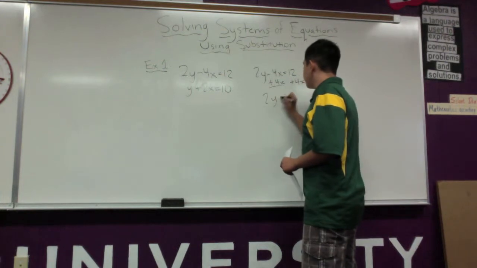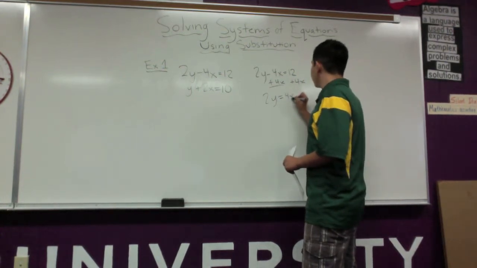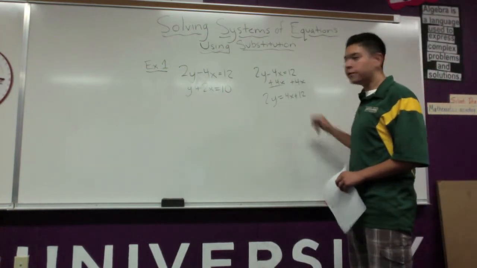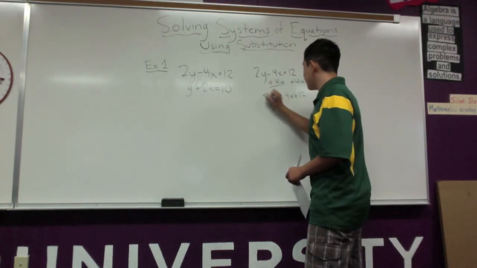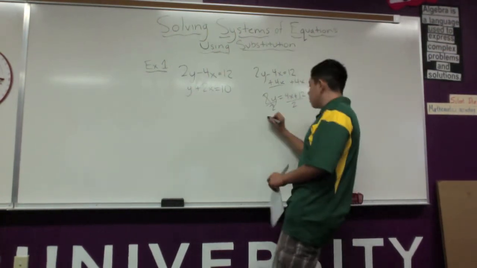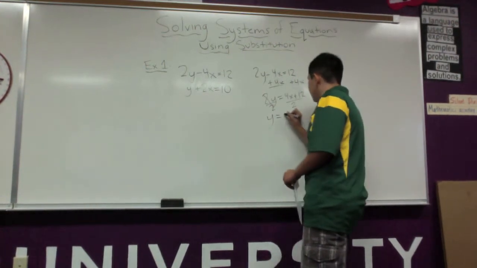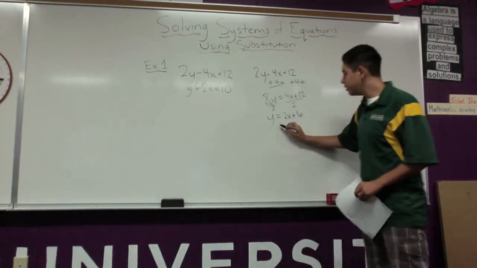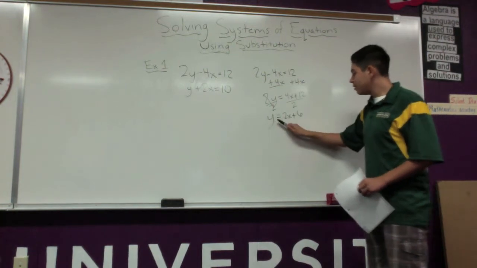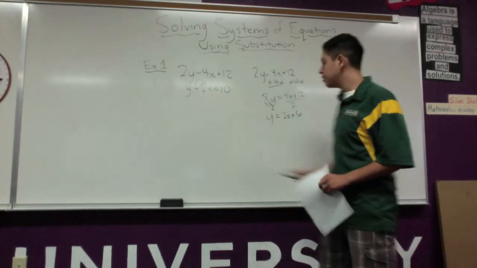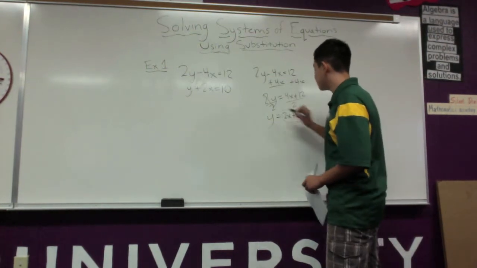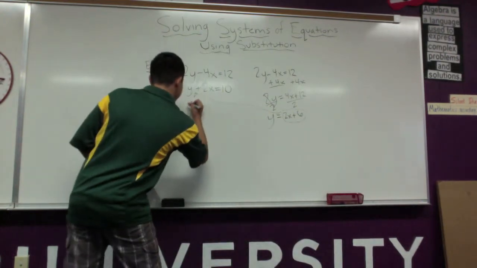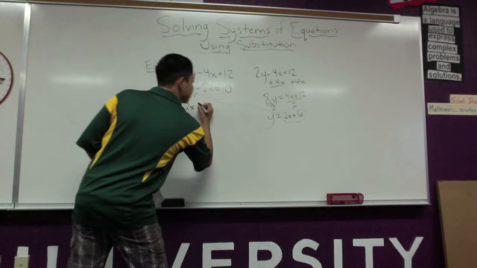So that would equal 2y equals 4x plus 12. Now to isolate y, you have to divide both sides by 2. So then y equals 2x plus 6. You see how here the y is isolated, so that you can use that to plug into the second equation. That's exactly what we're going to do. So this is going to go all the way over here. Now, instead of this being y, it's going to be 2x plus 6